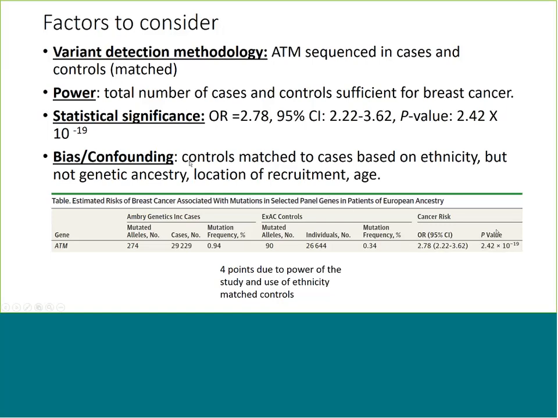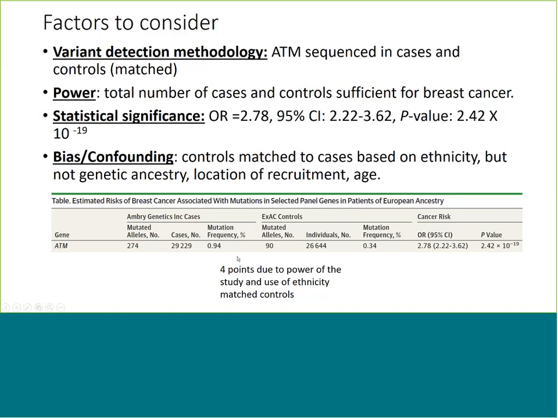For bias and confounding, the controls were matched to the cases based on ethnicity because they looked at Caucasian breast cancer cases and European non-Finnish ExAC controls, but not necessarily genetic ancestry, location of recruitment, or age. But I think that may be a little bit harder to do because even though they could have looked at exact cohorts that their controls came from in ExAC, I don't know if they initially had ages on all of those people. But either way, we ended up giving this 4 points, and the reason we did that is in